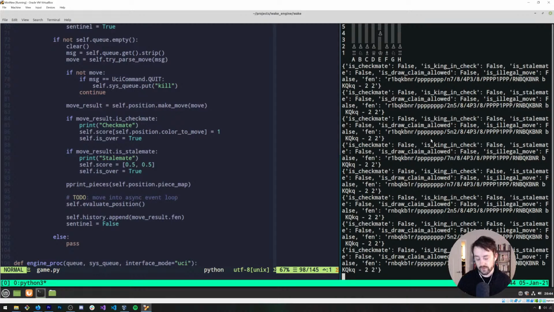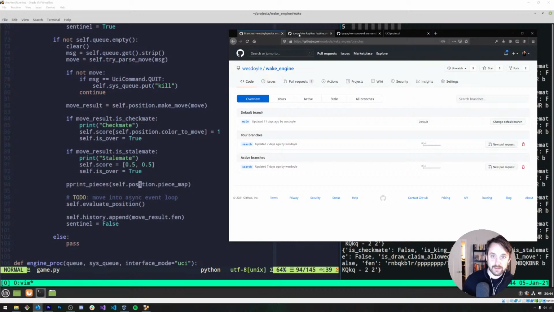Just brute force 3 moves deep and rank by material. All right, let me think about this. We have to implement negamax basically. So that will be the next topic.